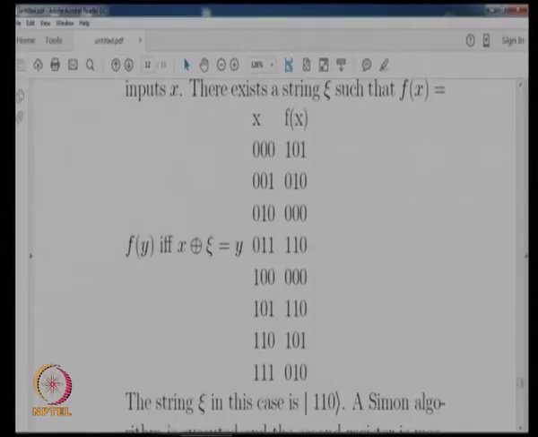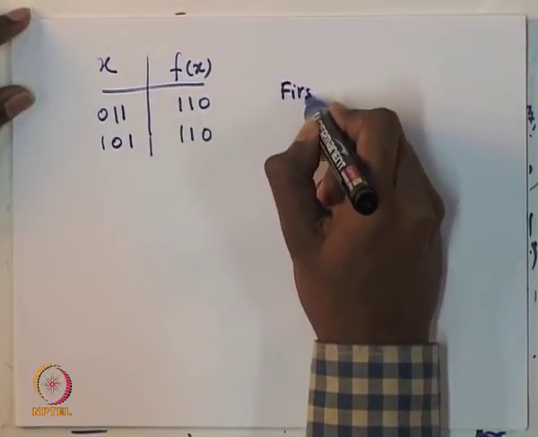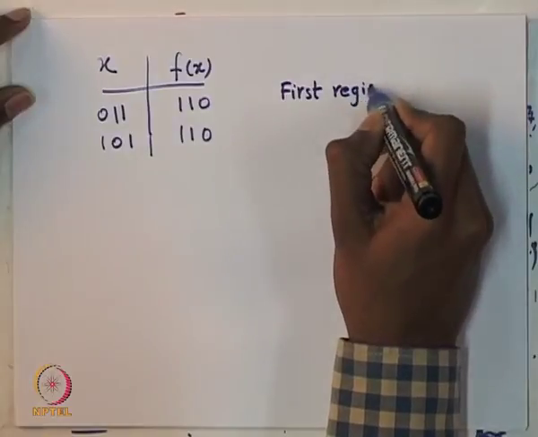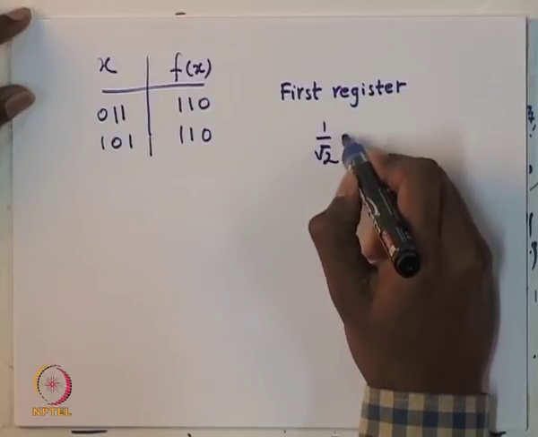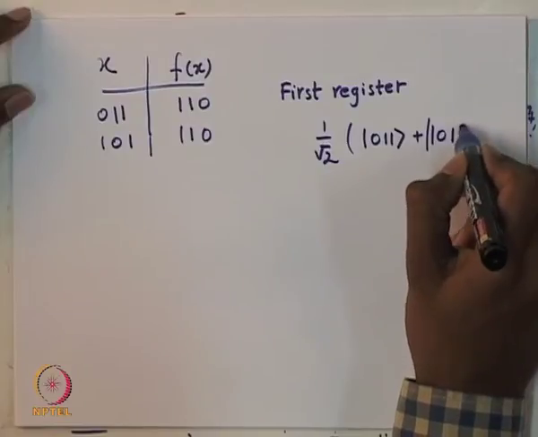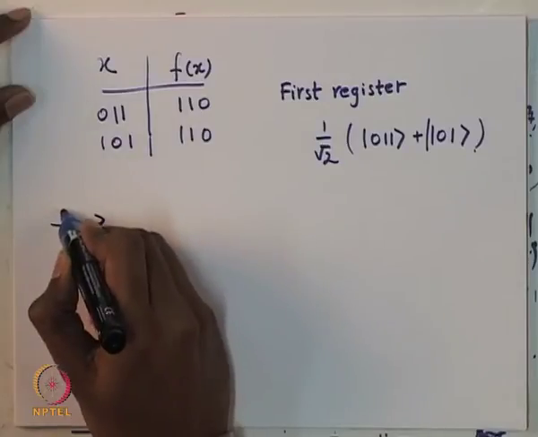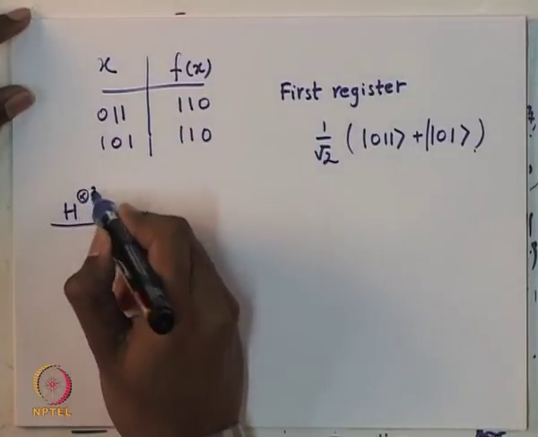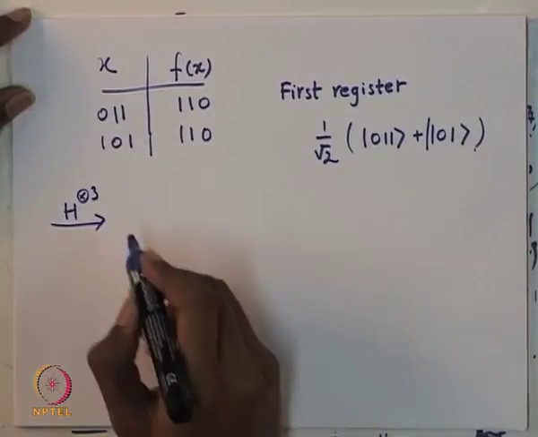So the possible values of x are 0, 1, 1 and 1, 0, 1. So the first register contains a linear combination of the 0, 1, 1 state and the 1, 0, 1 state. So now applying the Hadamard gate on this state would give us